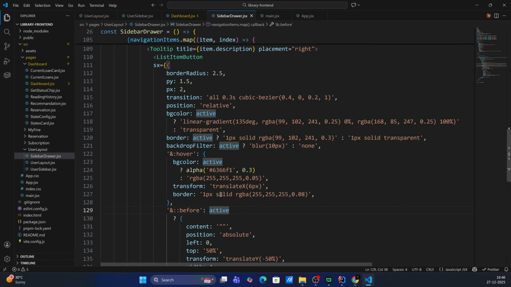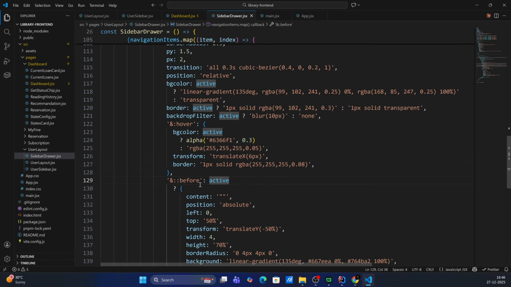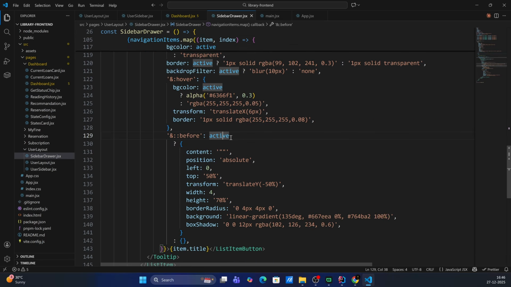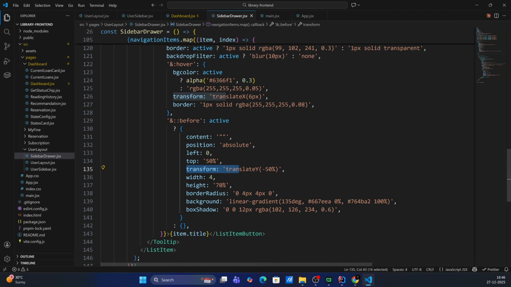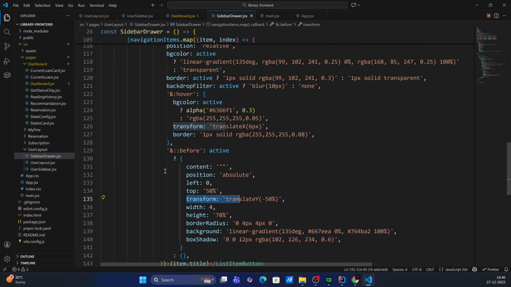And the border 1 pixel solid, this one. And before active, then content is empty, position absolute, left 0, top 50%. Transform this, width, height, border radius, background, and box shadow, etc. Okay, now